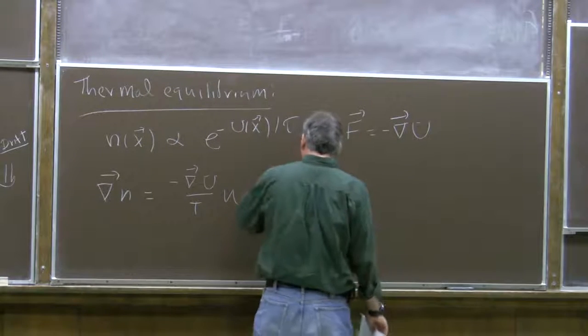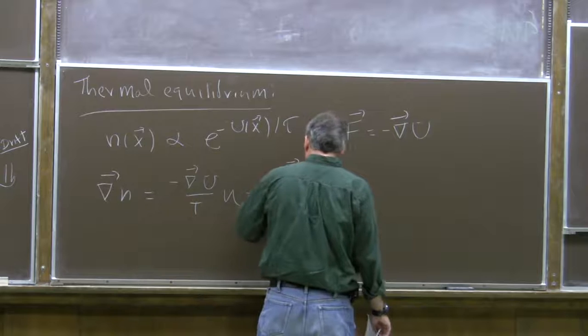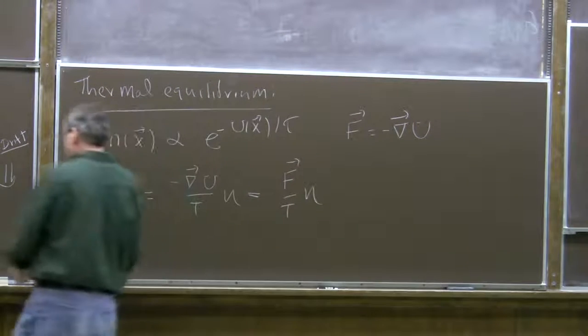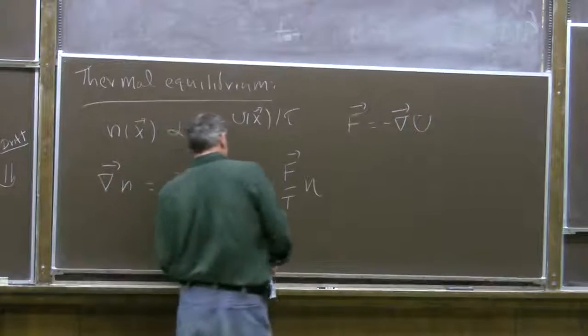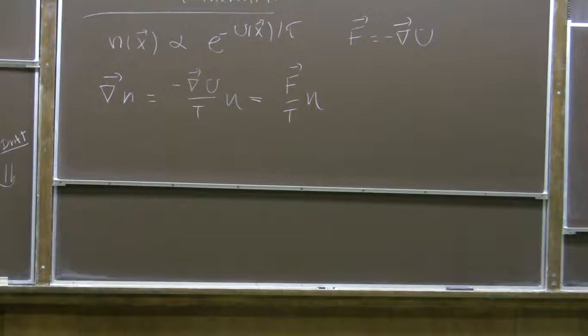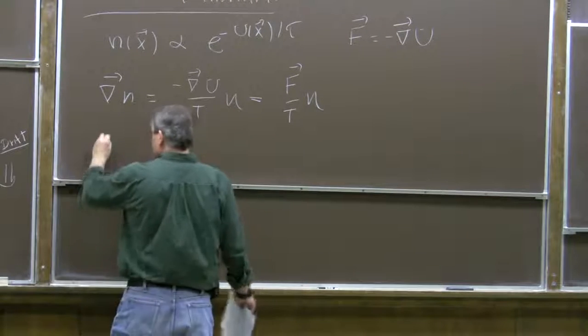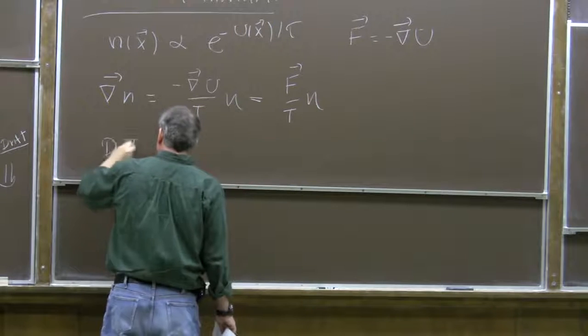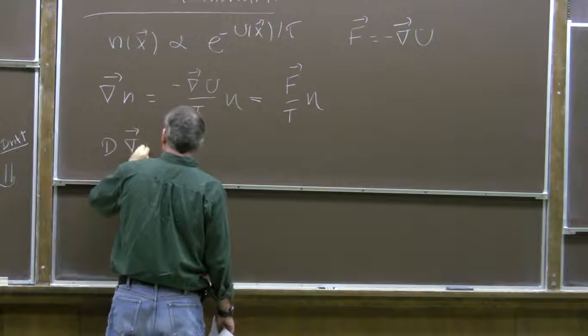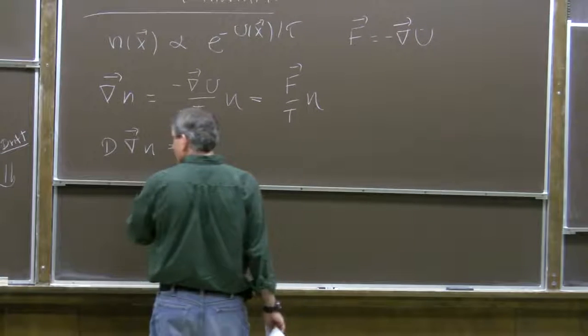And that's just equal to force divided by temperature times concentration. So we know that in equilibrium, since the two contributions to the flux are the same, I have diffusion constant times gradient of concentration equals